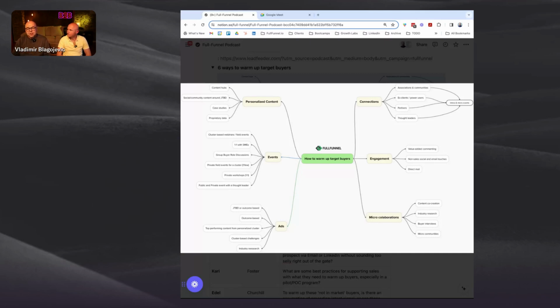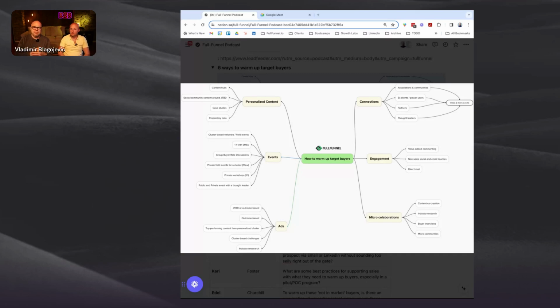During an event, there are actually different types of events. We can think about one-to-few events versus one-to-many events. So for example, there are existing events, maybe the ones that you haven't created. I can go to a conference, an industry event, and have a conversation with a bunch of buyers there. I can maybe organize an adjacent event there, invite the keynote speaker from the conference, and have a private event for a small select group of people there. I can do, in a lot of cases, what we have seen work very well,